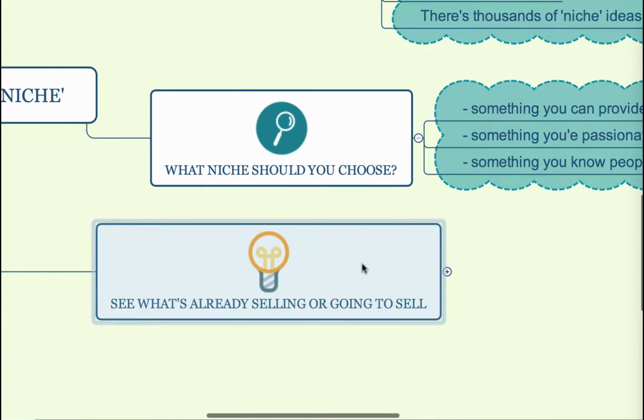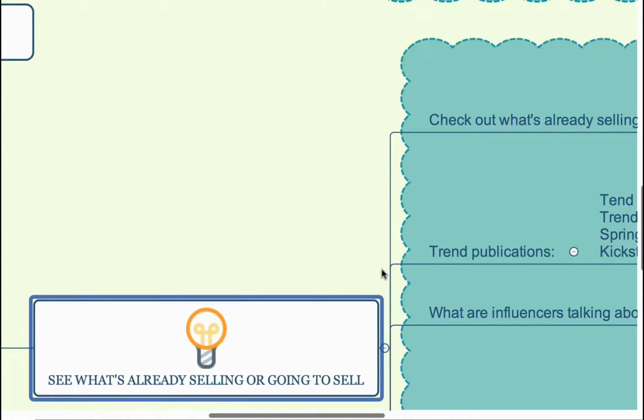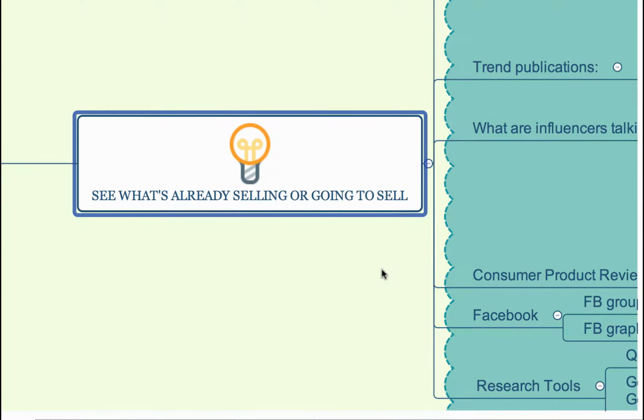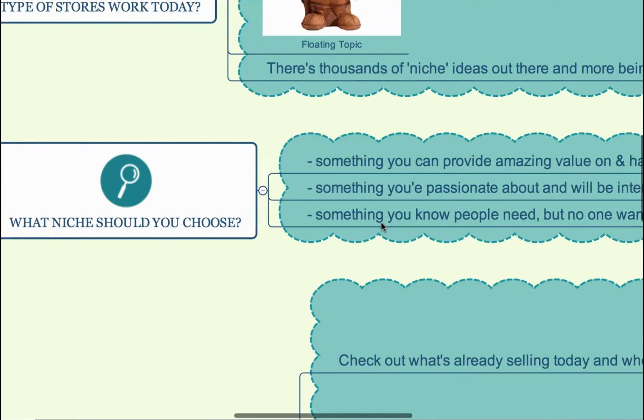Now, how do you know what's going to be selling well, or where do you get some niche ideas, or how do you know what's going to be a good niche to be in the future? Well, what you want to do first, before you even pick out your niche, and before we get into the type of products we're going to be selling, which we'll do in a later video on how to figure out what product's going to sell, is just take a look and see what's selling out there, and what niche topics are going to be trending, or people are starting to ask questions about and are kind of emerging. That's a good way to get started.